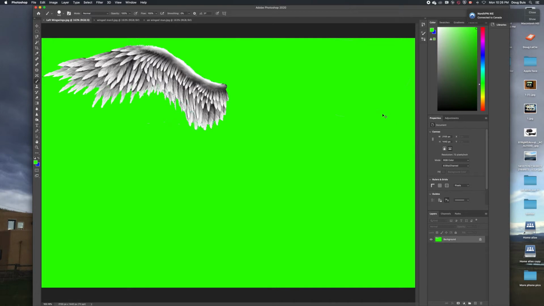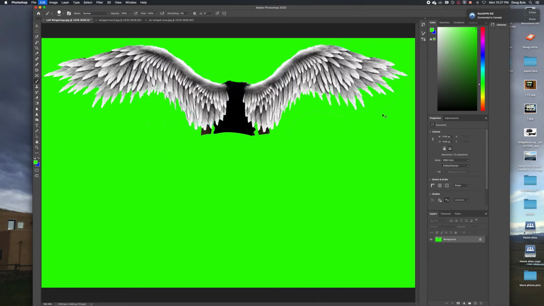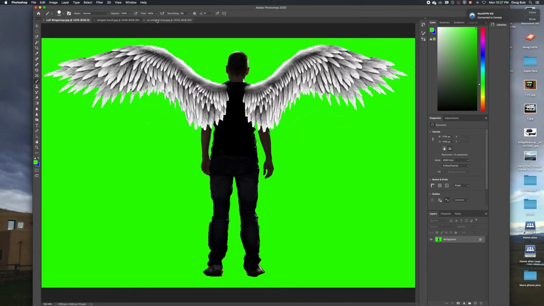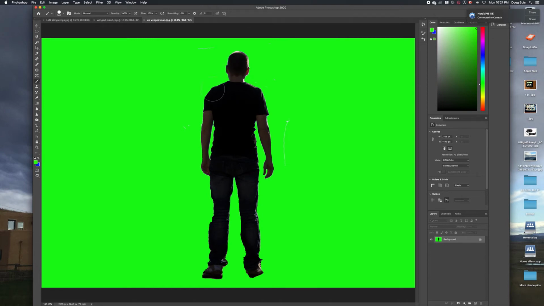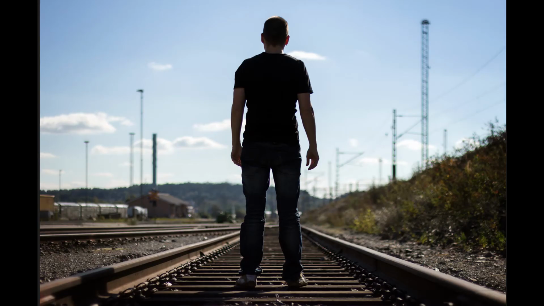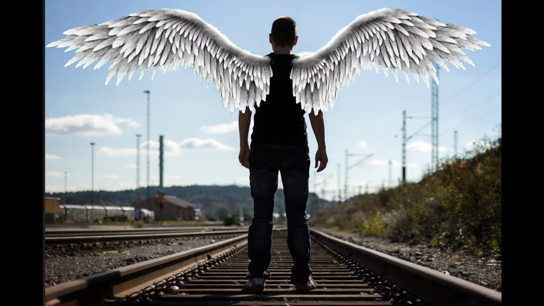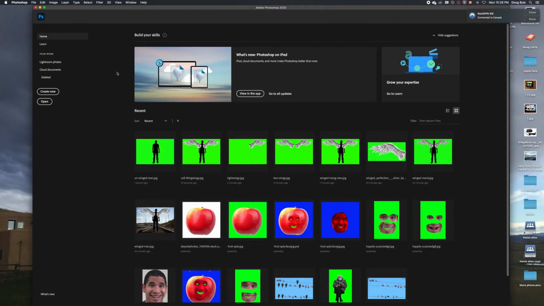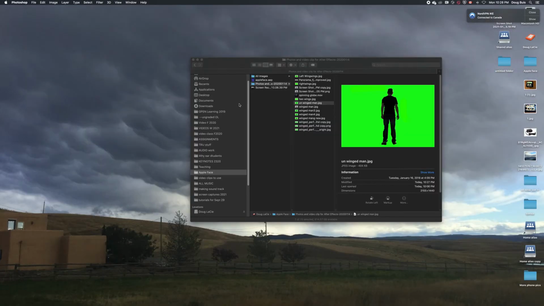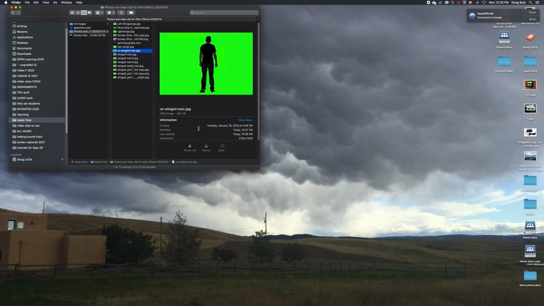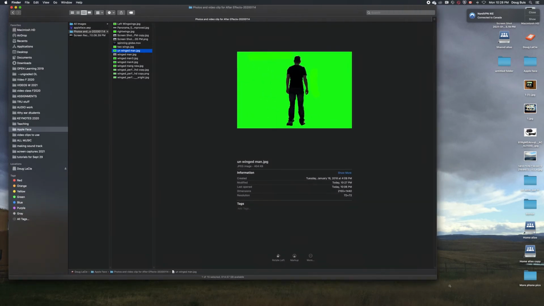So again, it's Command Z, Z, Z, Z, Z. And the last one, of course, is the man without the wings. So that's how you Photoshop all of your layers. And then the ones I'm going to want in here to save when I go into After Effects are